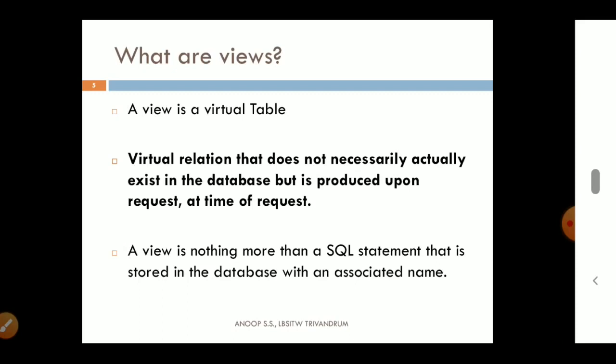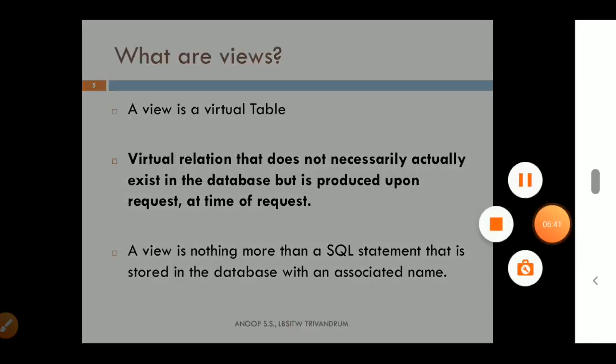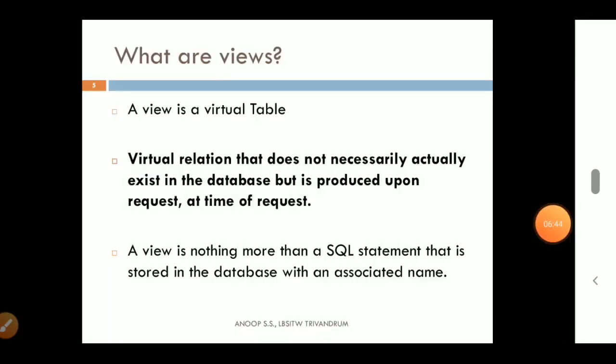That means when a user clicks in some application, for example a student logs into the KTU university platform and clicks on a button or link to view their mark sheet, only then the view corresponding to the mark sheet will be produced. So what is actually this view? This view is nothing more than an SQL statement.